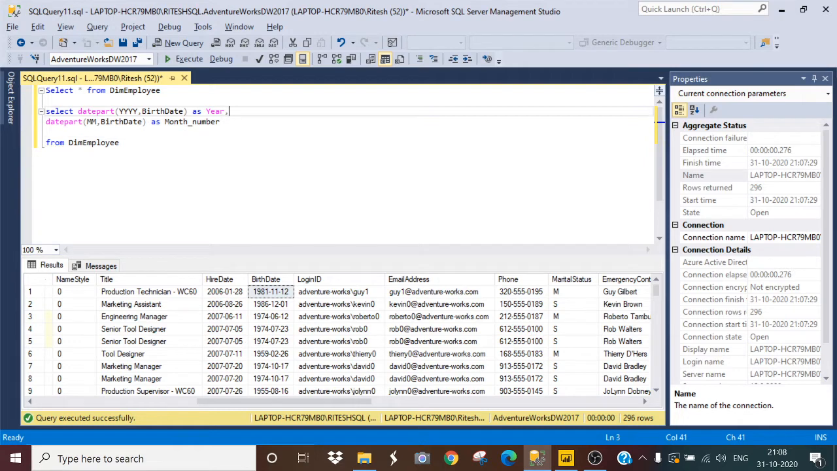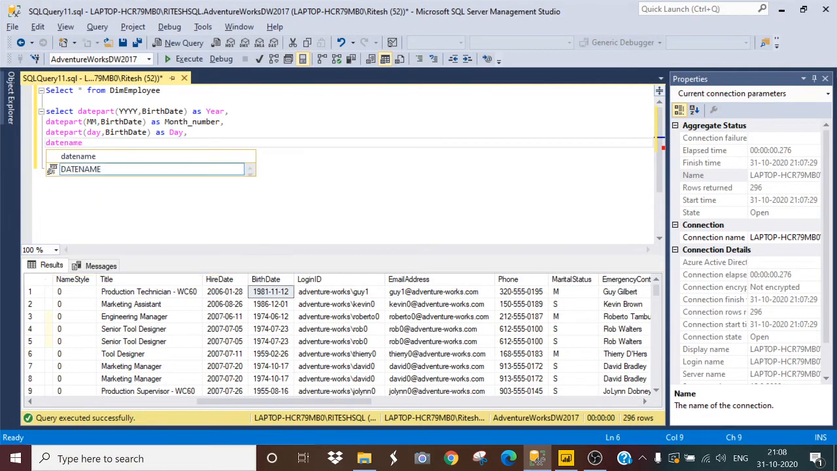Now I want the day also, so it will be date part again. This time it will be day comma birth date. I will alias this as day. Now I want the month name also, so I will use the date name command. Date name month comma birth date. I will alias this as